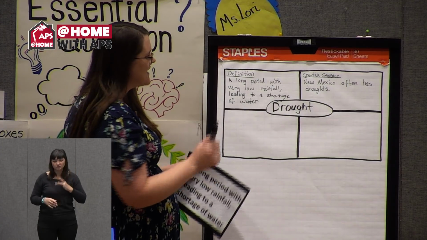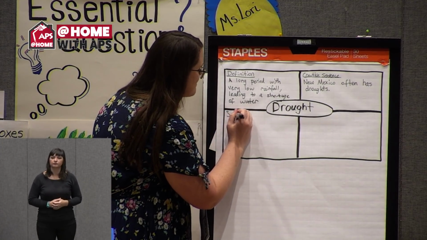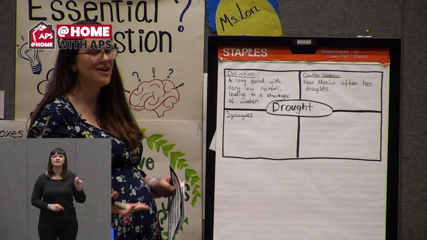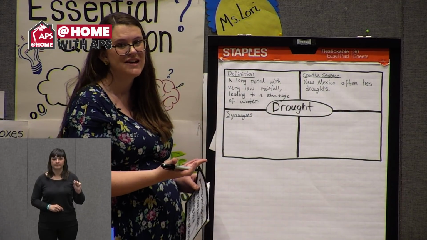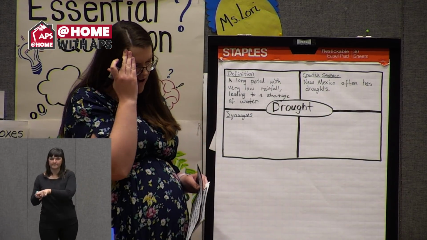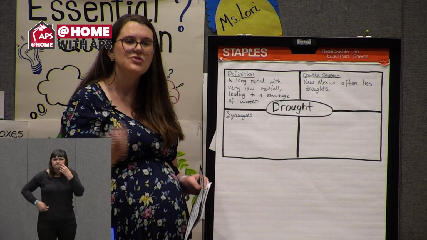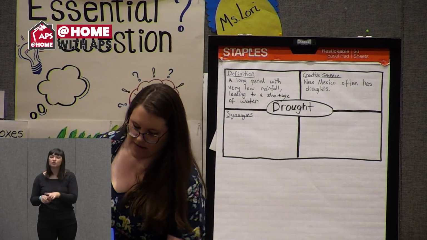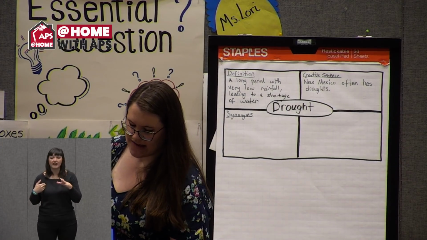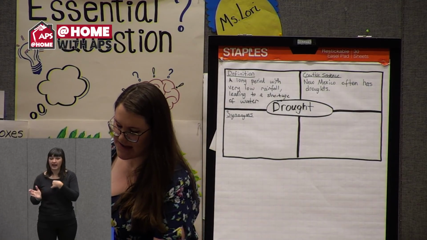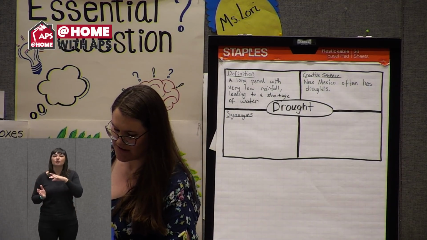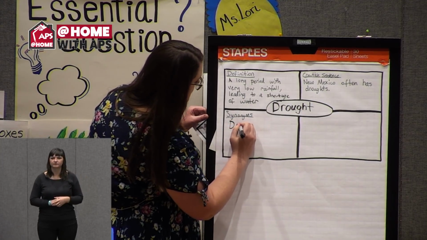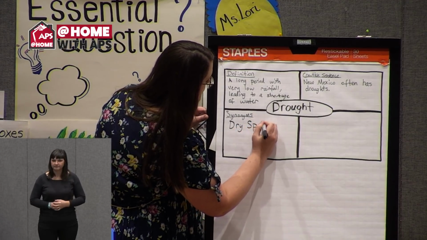All right, friends, the next part is synonyms. And if you remember, synonyms are words that have a similar meaning to our word of the day, drought. And so I did some research. I was like, drought, I can't think of it. But you know what? I have tools that can help me come up with my answers to what a synonym could be. And what I came up with in my research is that dry spell is a phrase that means the same as drought. So I'm going to write that up here, dry spell. And that's something I don't often hear.